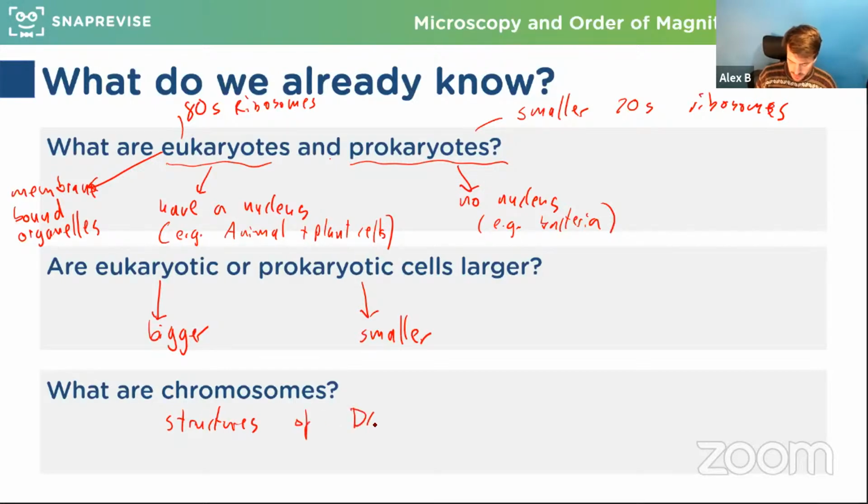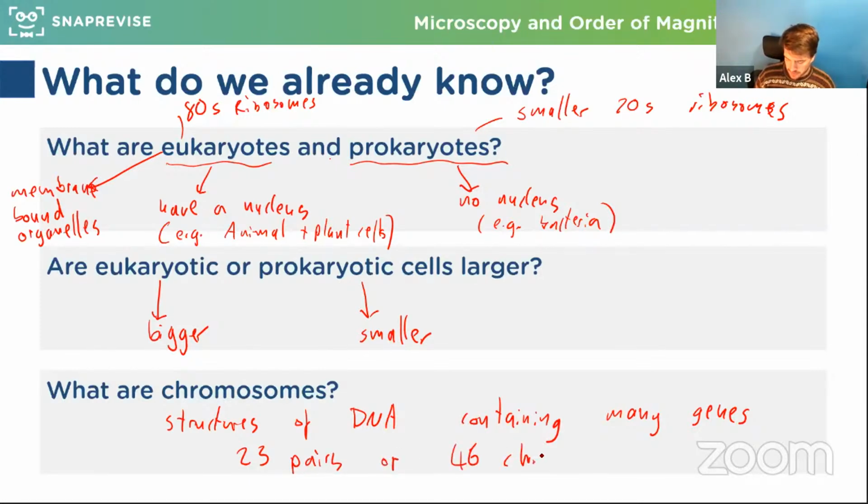Structures of DNA containing many genes. In humans, we have 23 different types, and we have 2 of each type, so we have 23 pairs, or 46 chromosomes. In humans,